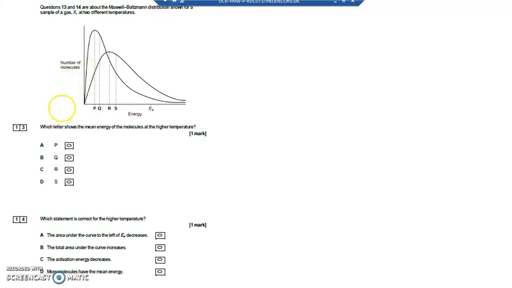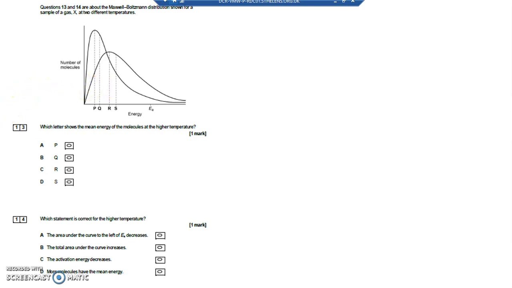Right, let's have a look at question 13. Let's have a look at the Maxwell-Boltzmann distribution curves to start off with. So, number of molecules up the left and energy along the x-axis. The higher the peak and the further the peak to the left is the lower temperature. The lower the peak and the further the peak to the right is the higher temperature, because more particles have